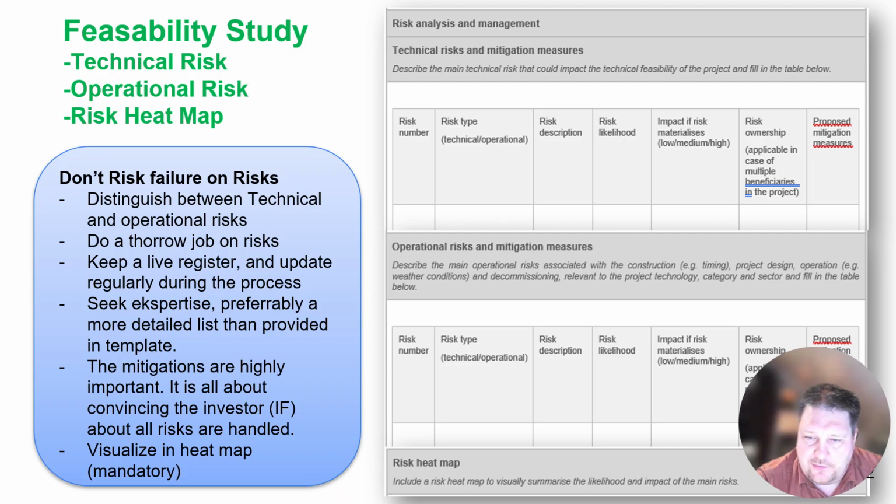And of course, if you get the grant and start executing the project, you definitely need to look into your risks, keep them updated, see if there are any new risks occurring, use experts to solve the risks,